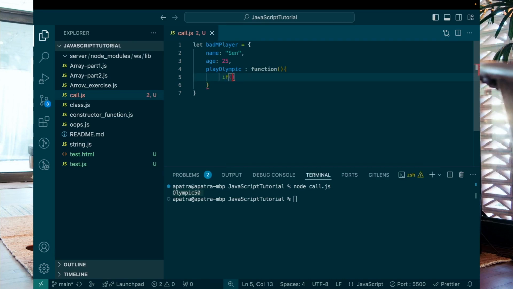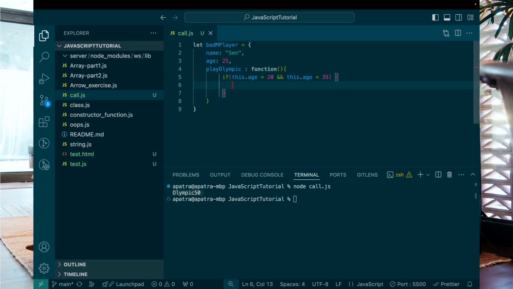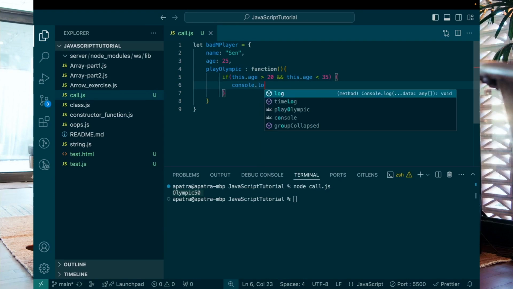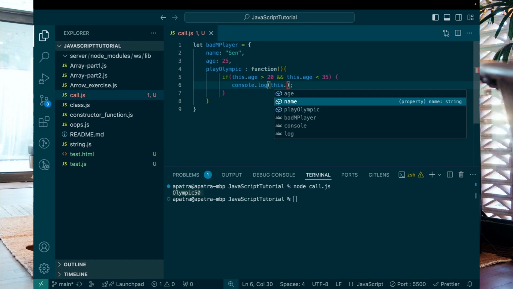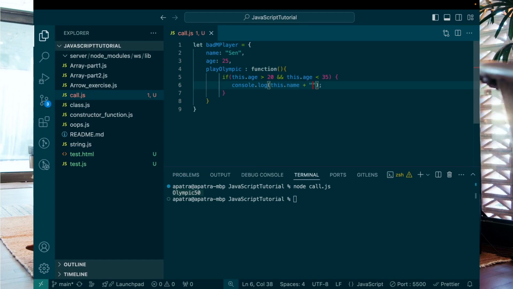if this.age is greater than 20 and this.age is less than 35, then console.log this.name can play